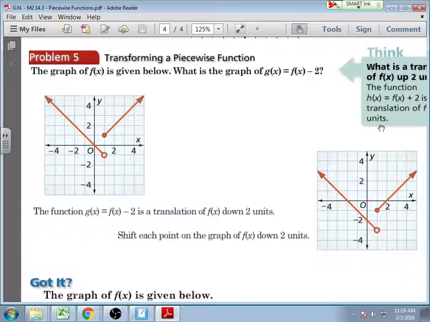Starting. So, what if we're given a function? And now we start to name functions starting at f and moving forward down the alphabet. So, f of x is the function shown. g of x is going to be the function f of x minus 2. So your output values for g of x are the output values of f of x with 2 subtracted away. So if I try to now graph g of x,